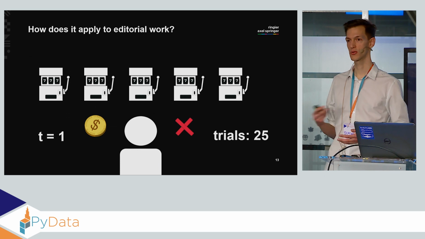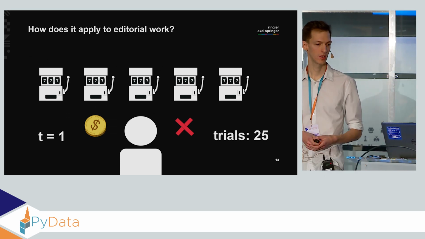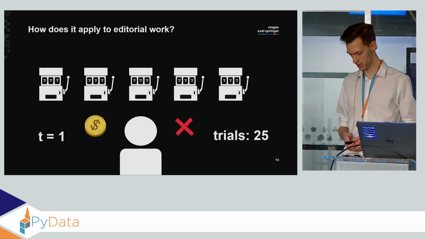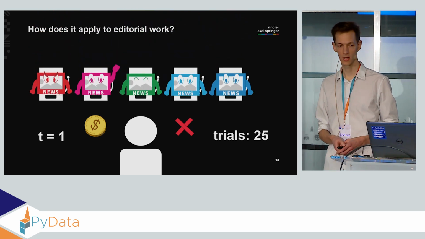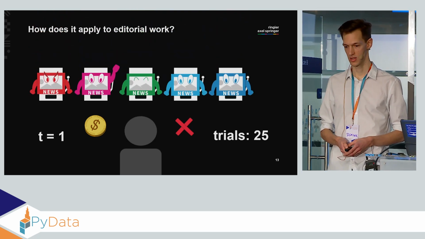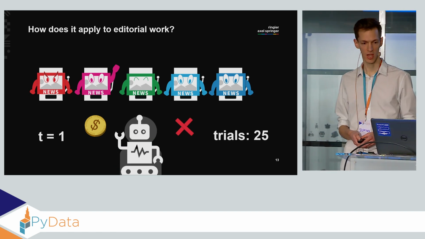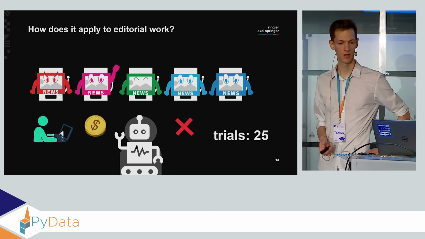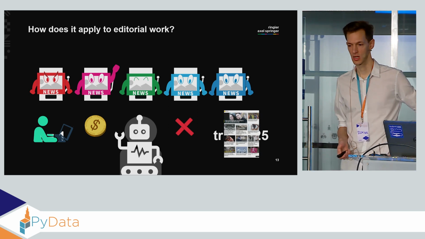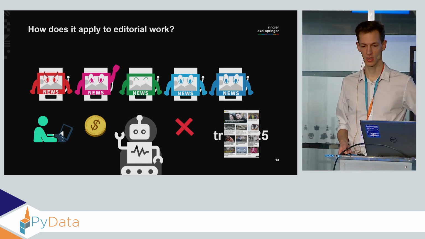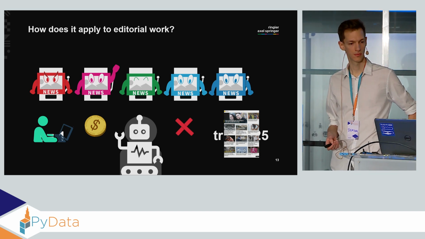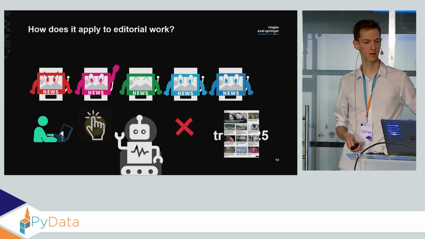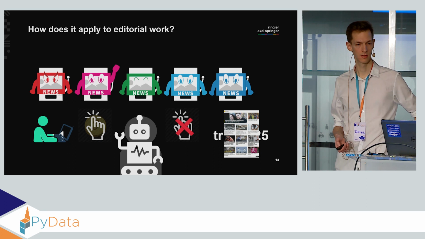Now coming back to our news recommendation scenario, we can reformulate it as a multi-armed bandit problem. We need to make just a few simple connections. First of all, the slot machines become the articles that we recommend. The player is the recommendation engine. Each time step is the moment where a user enters our webpage and wants to read some articles. The number of trials is basically the number of articles that we can recommend on the web page. And finally, for reward, we have a click or some other kind of engagement on the part of the user, and penalty is lack of such engagement.